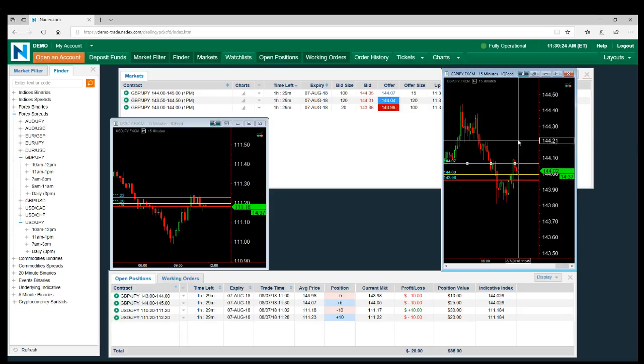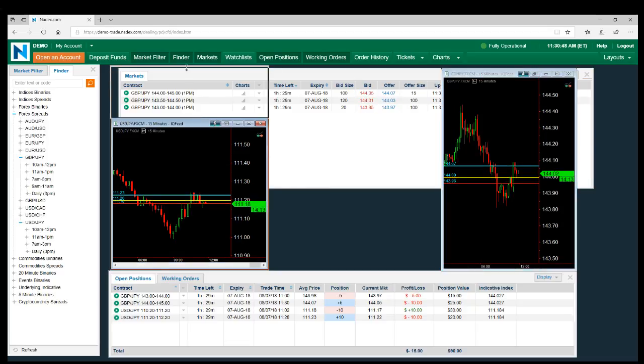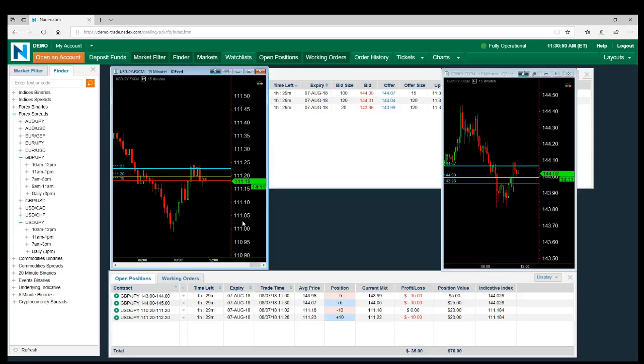Now I'm showing this to you at 11:30 in the morning. Okay, probably would not want to do that in your live account. Okay, because you don't get a lot of movement during this time. But this is showing you an example, but that's also why the premiums are low, because you don't get a lot of volatility this time of the day. But the important thing is, and this is what you need to focus on,